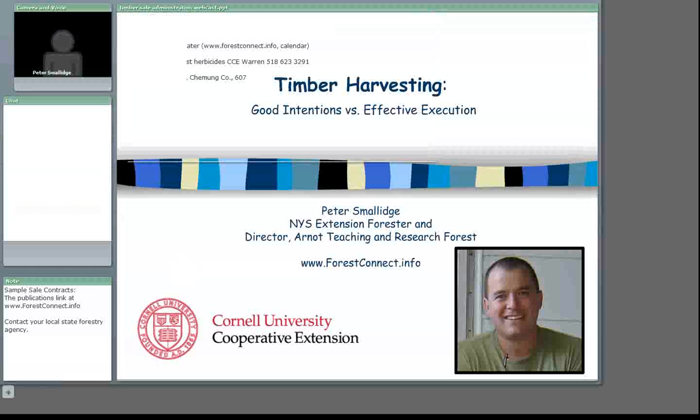So today we're talking about timber harvesting. I've subtitled this Good Intentions versus Effective Execution. There's a lot of details that go into timber harvesting, and timber harvesting is too specific. It should really be forest harvesting, because we might be talking about pulpwood, we might be talking about firewood, and